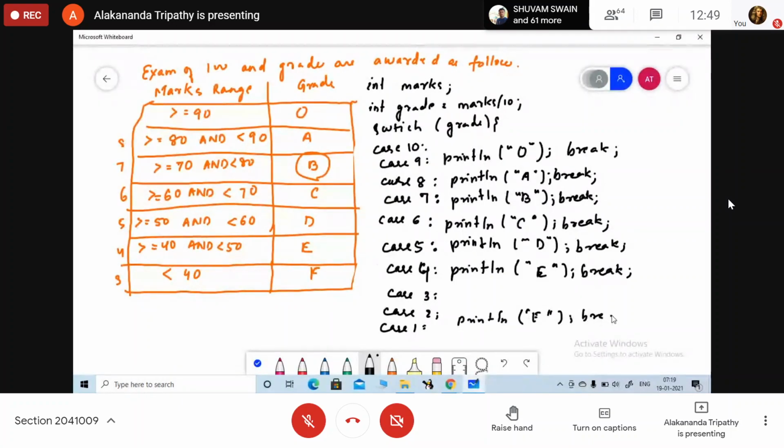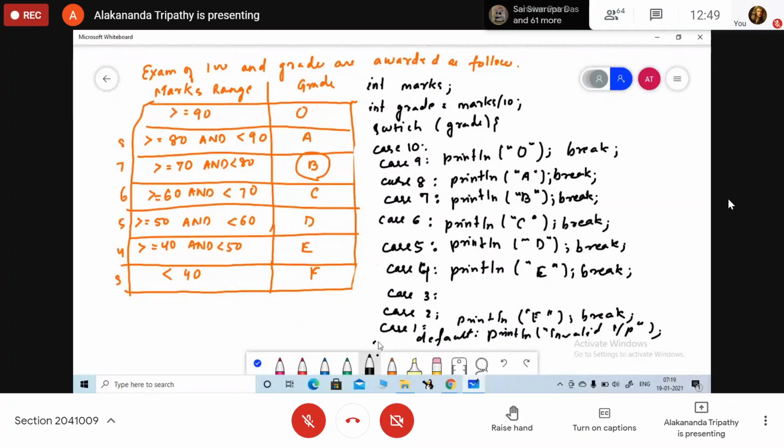Break. And default? Print invalid input.